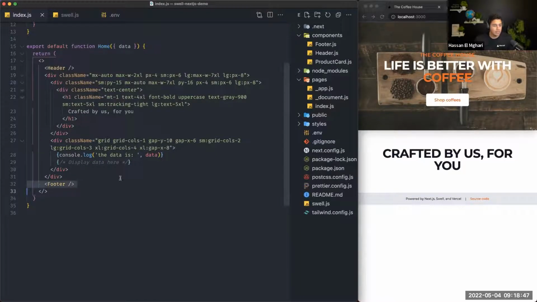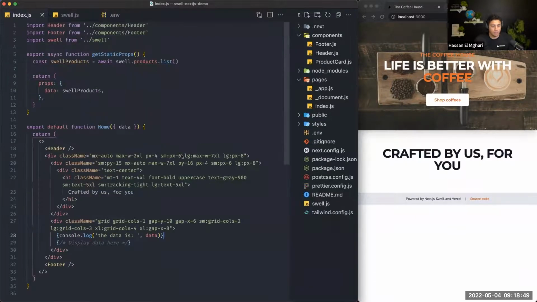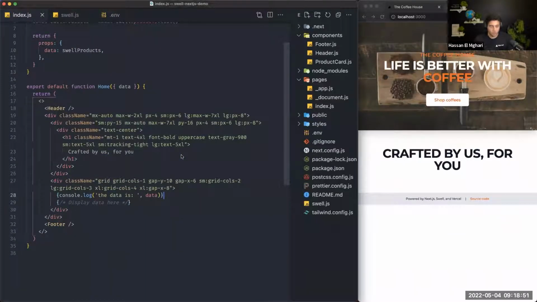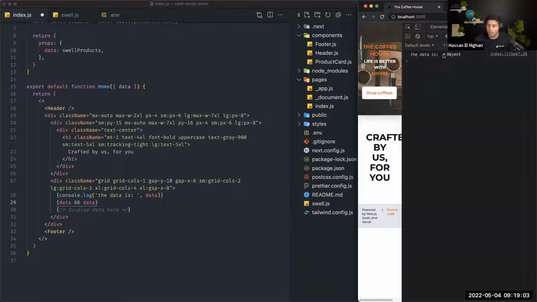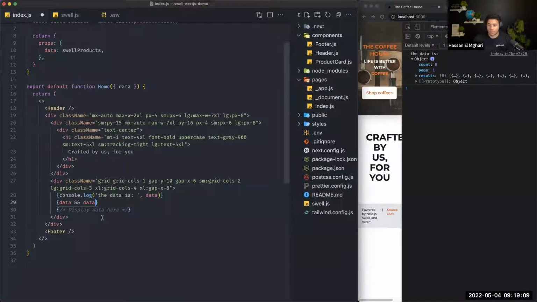To display the data, what we're going to do is say, if data exists, then we want to map over. We don't want to map over data, but we want to map over the results, because if you can remember, data over here is this object, and then everything is inside of this results array, right? So if data exists, we're going to map through results. So data.results.map. And then for each product,